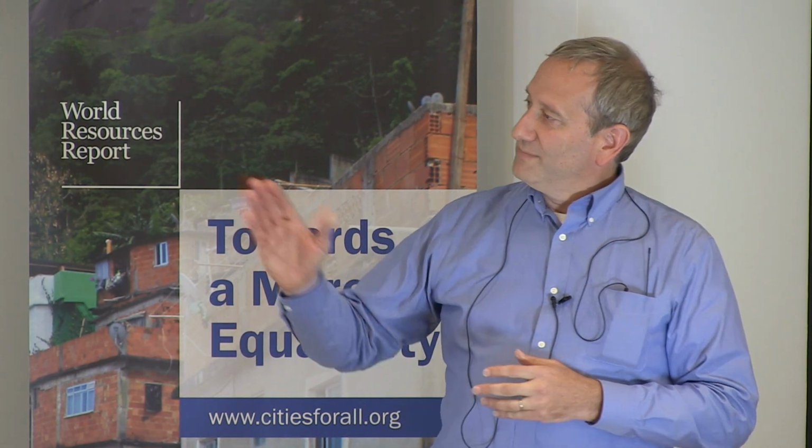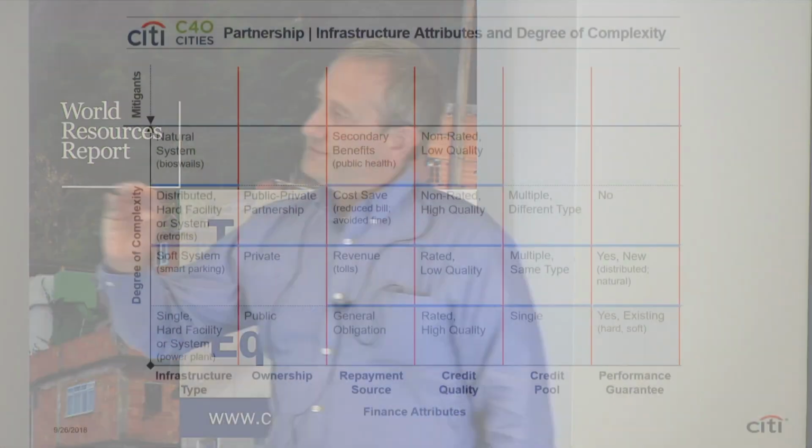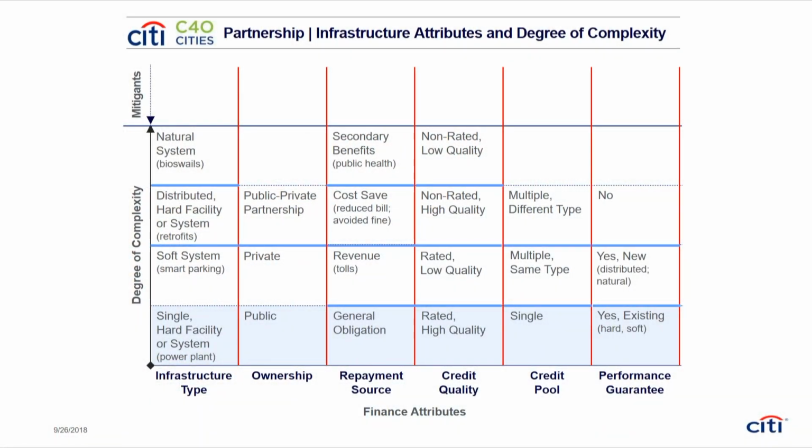And so, in column 1, that could be either a distributed system or a natural system. In column 2, it could be a mix of things, right? Because anything that's property-based, we're looking at who owns the properties. So the city of DC or Philadelphia could say, okay, we're going to do all this just on the properties that we control, but that may not be enough to meet the requirements of the program. So you have a mix. You have some properties that are public, you have some that are private.